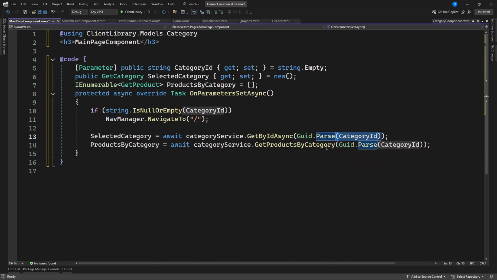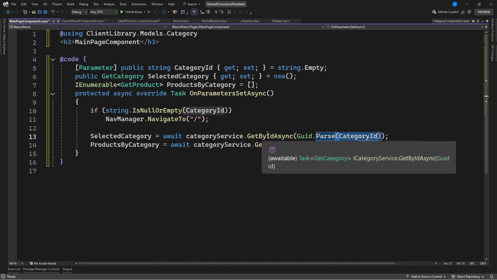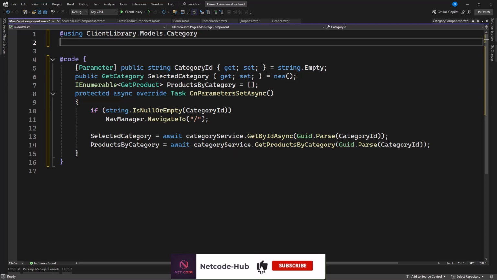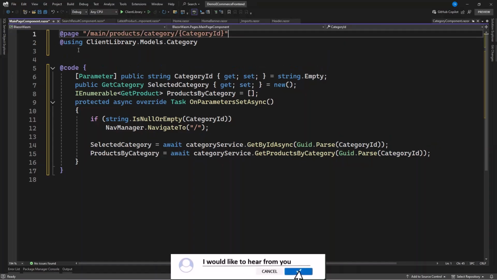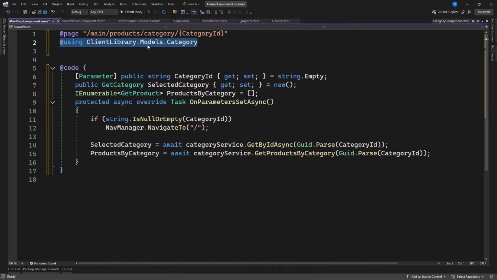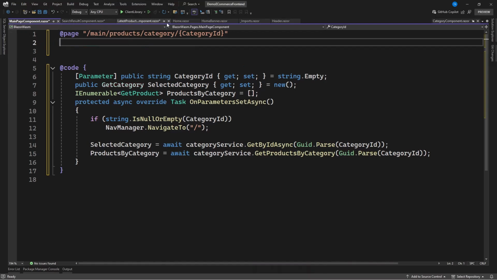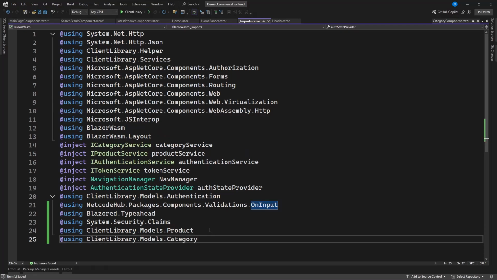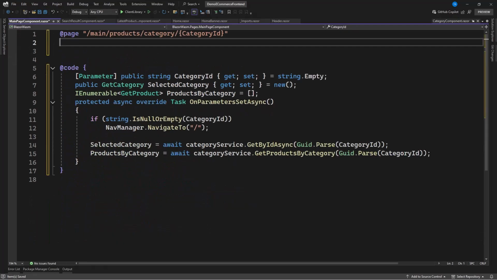And I'm getting product by category. So we have all these services created already, so we just consume them. And after consuming, what do we do? Just go and display them. So how do you display? It's quite simple. Let's specify our page route first. So this is our page route to the main product category. Then I'm going to move this to the import because that is where it's supposed to be for global usage. And the main page, I think I should have